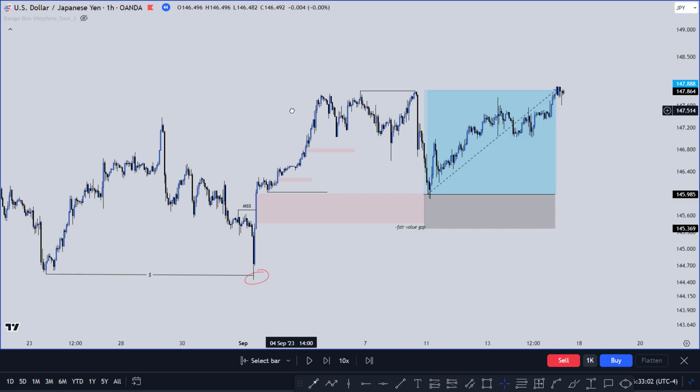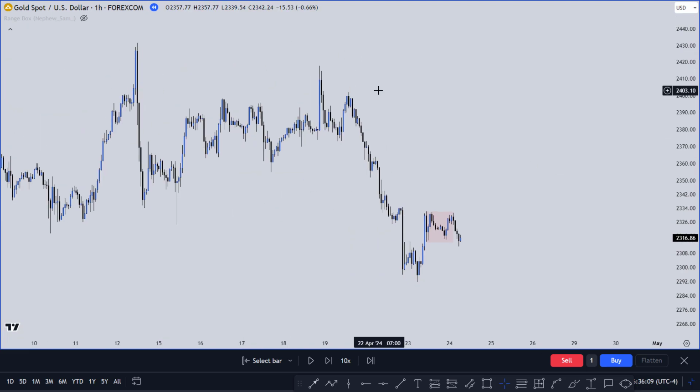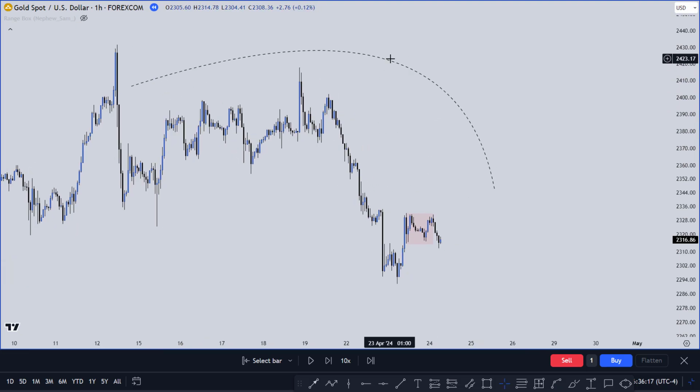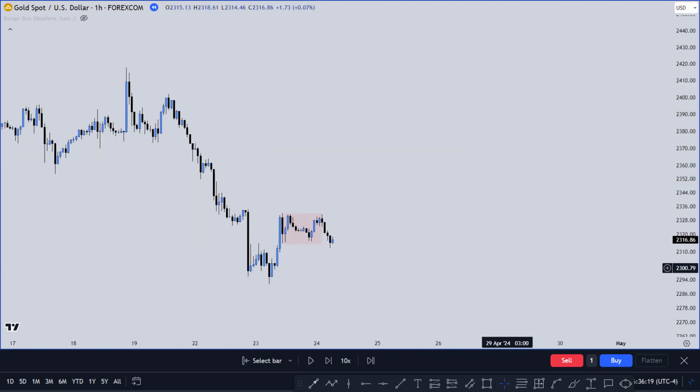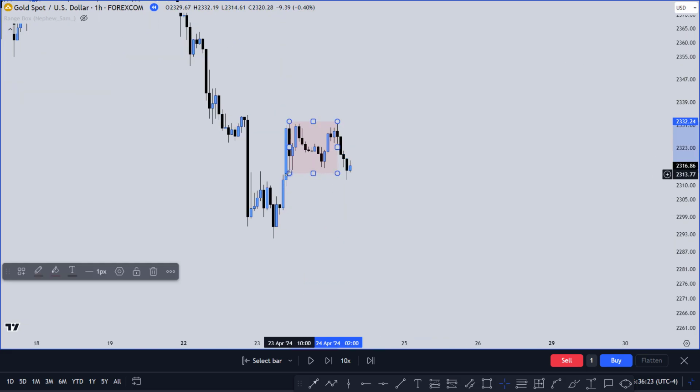Now let's look at an example for a day trade / scalping format. And now for gold, as you can see here on the 1 hour, price looks like it's been creating lower highs and lower lows, pushing price to go lower. And then we have to look at our current trend. So for our current trend, as you can see, price has just been creating in this consolidation zone right here,